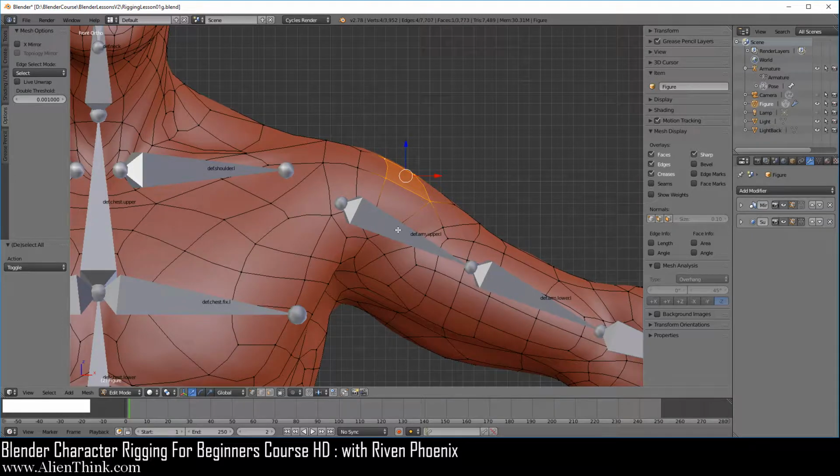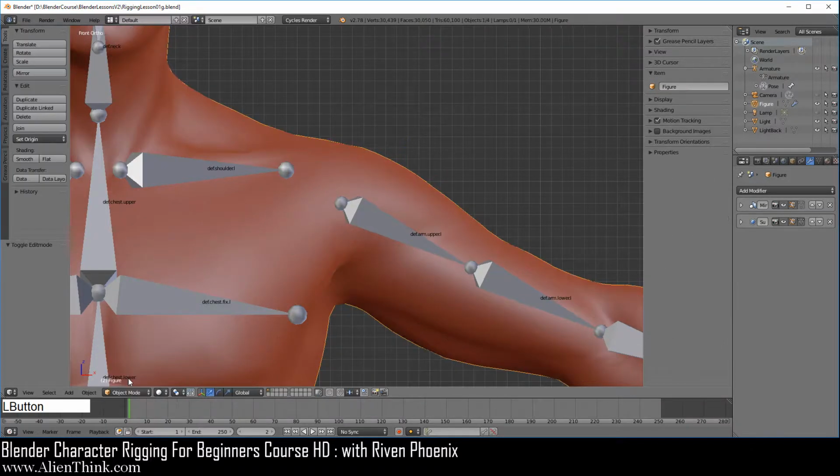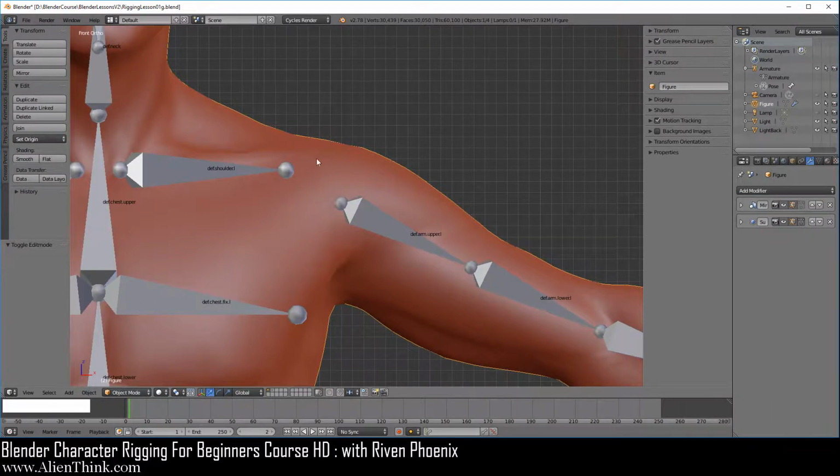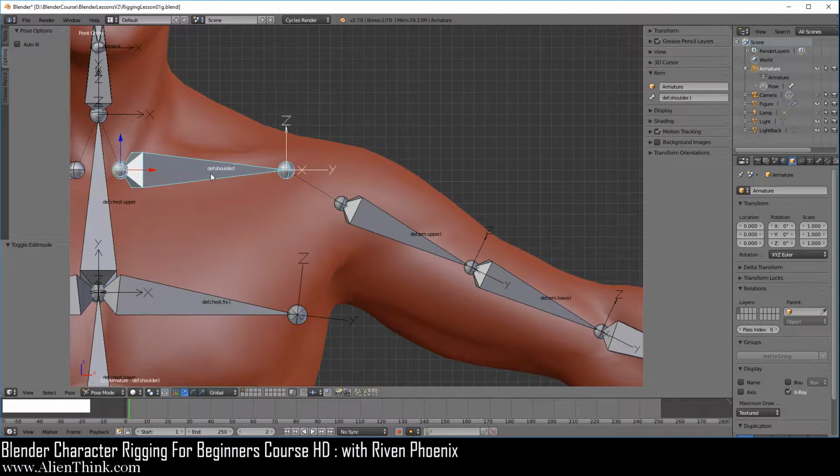So if we go ahead and switch to object mode and click on the armature and make sure that it's in pose mode over here. When you are in pose mode, you can actually right click on the figure and you can right click on the bone to quickly go to it. Go ahead and hover your mouse over here and simply do Control C to copy this name.